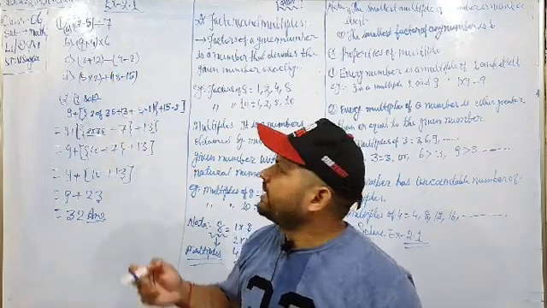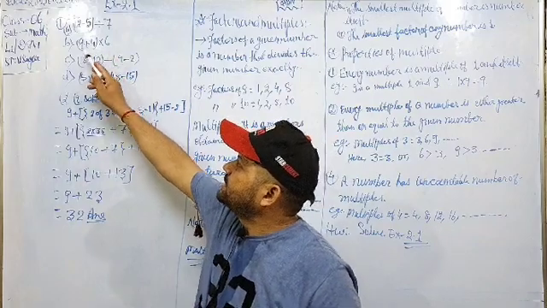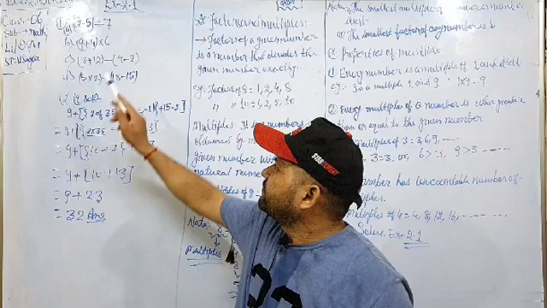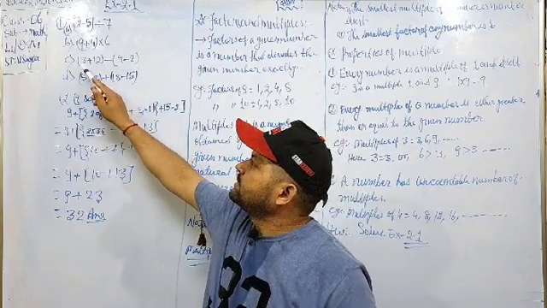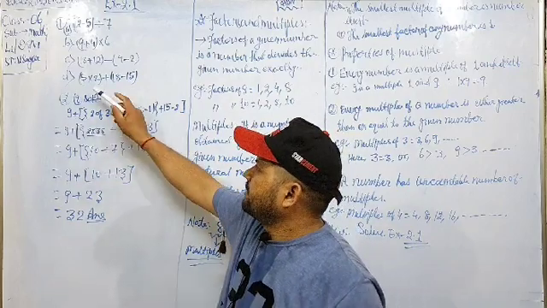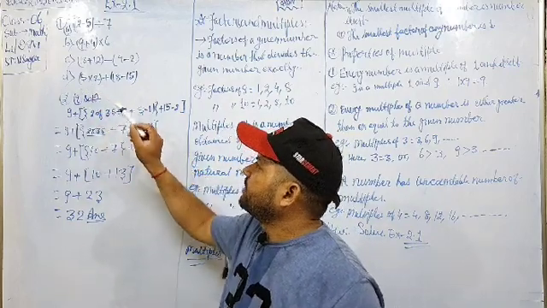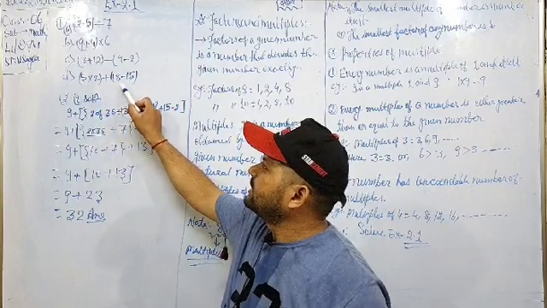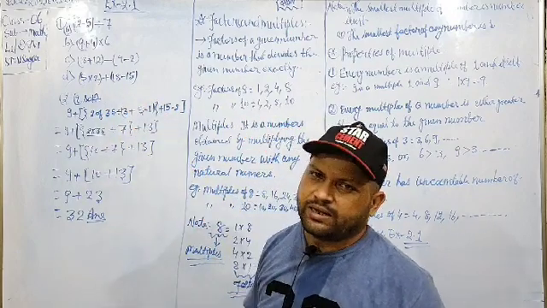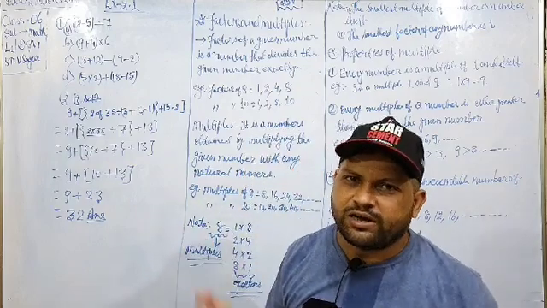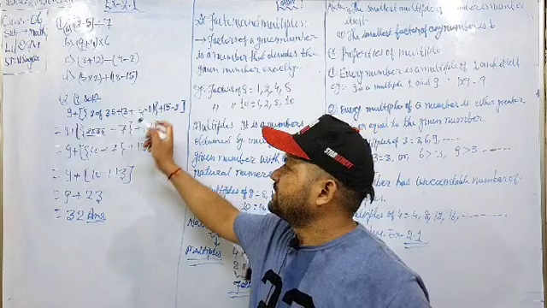In the second question we have to multiply the sum of 9 and 4 with 6, and we have to subtract the difference of 9 and 2 from the sum of 13 plus 12. Understood? And in question D we have to add the product of 5 and 2 with the difference of 18 and 15. So these are the solutions and these are the methods to write the expressions.